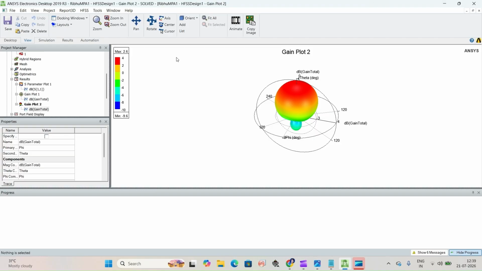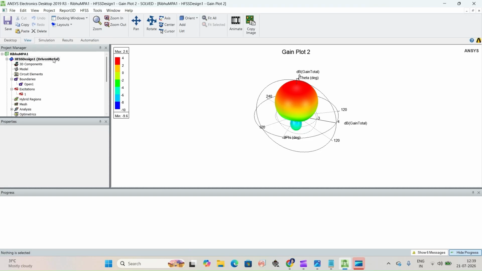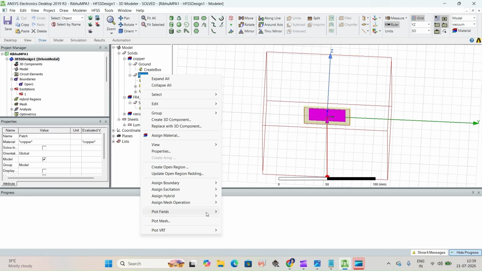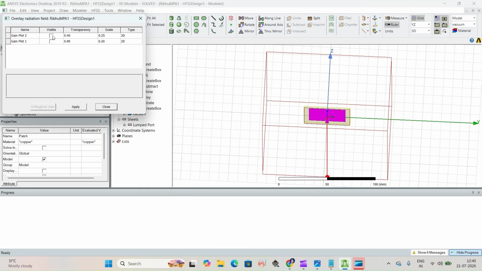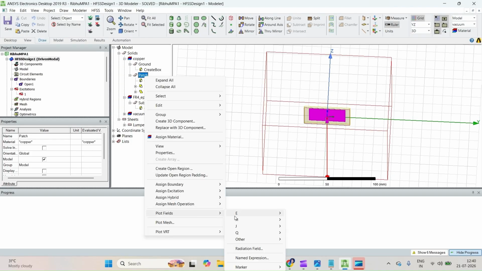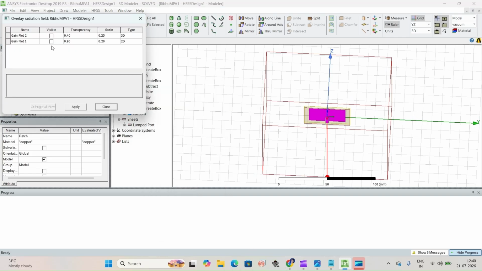Now here you can click to integrate that particular radiation pattern here, how the antenna is radiating and the radiation pattern here. You can click on this patch and right click, plot field, then radiating field, then it will show. Again I am showing, click on the patch, right click, plot field, then radiation field, then it will show the